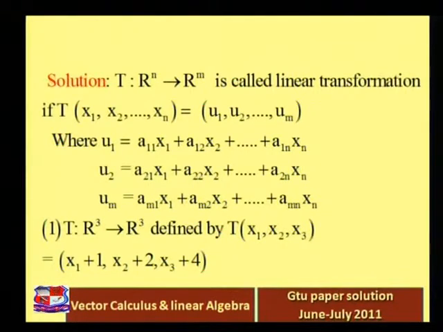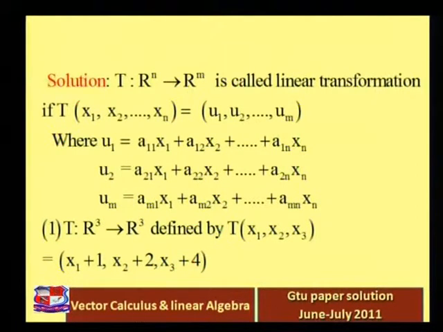Okay, if u1, u2 up to um can be expressed as a linear combination of x1, x2 up to xn, then we can say that the given transformation is a linear transformation. Okay, so here we want to check whether the given two examples are linear or not, right? The first example is a Euclidean linear transformation T from R3 to R3,